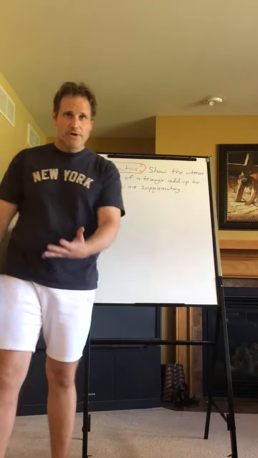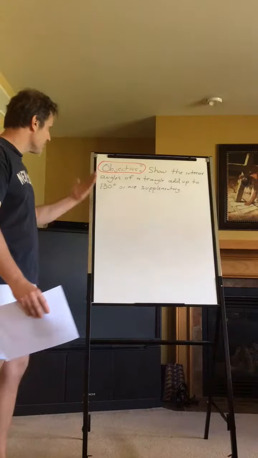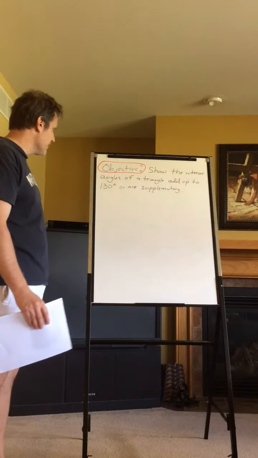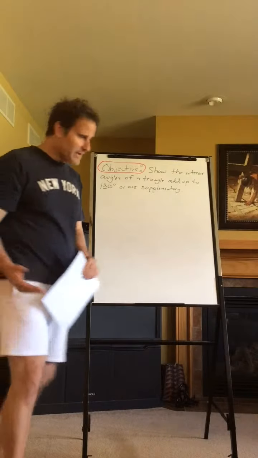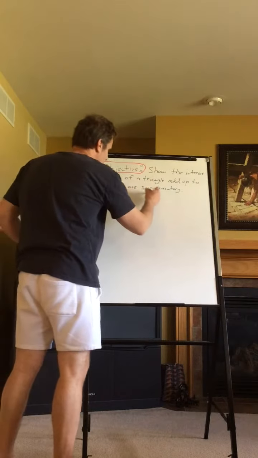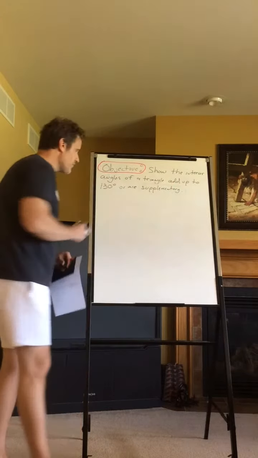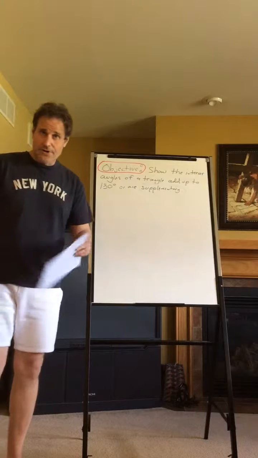Everybody, today we're going to look at another 1 through 5 worksheet. In today's 1 through 5 worksheet, the objective is to show the interior angles of a triangle add up to 180, or the key word is supplementary. So if we could walk out of here and remember what supplementary means. Supplementary means that the angles are added up to 180, so the three angles are going to be added up